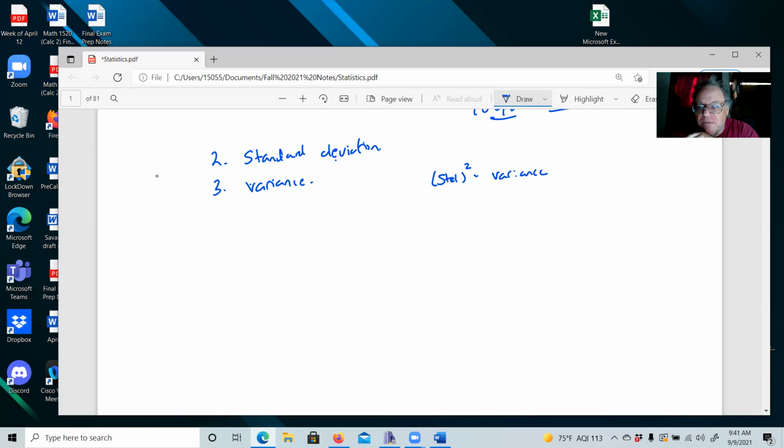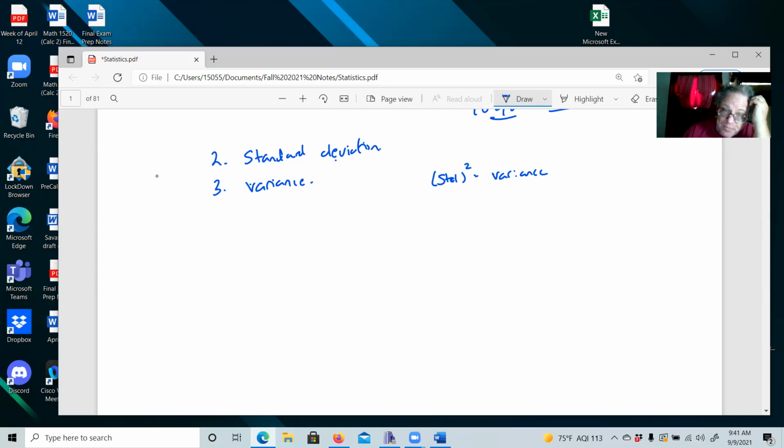The book will ask you for the variance in the homework. There's an outcome you're supposed to learn for the class, but I've noticed that most people, when they are in a 100 level or 200 level stats class, don't really work with variance all that often. So I'm never really going to ask you what the variance is. I will ask you the standard deviation.